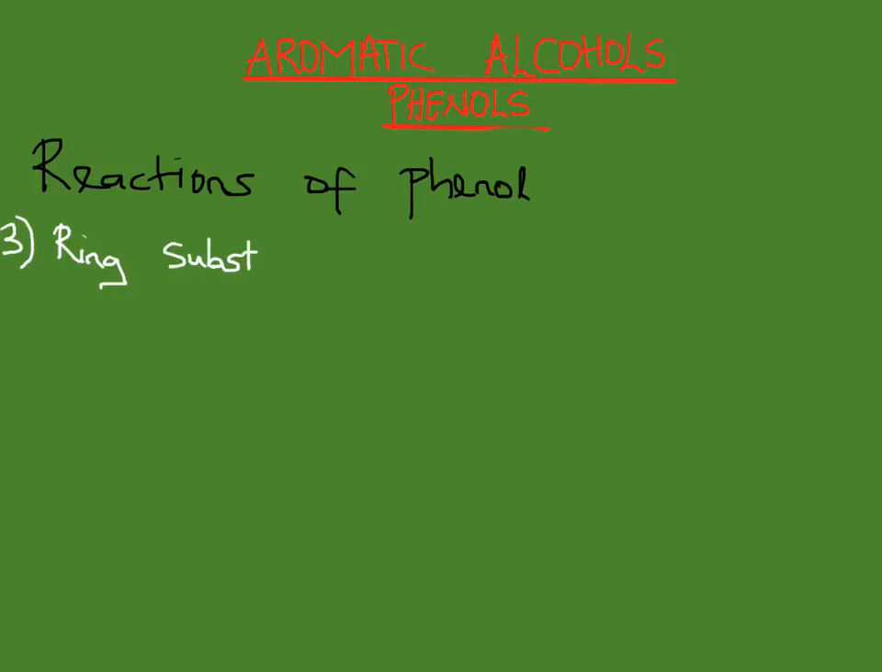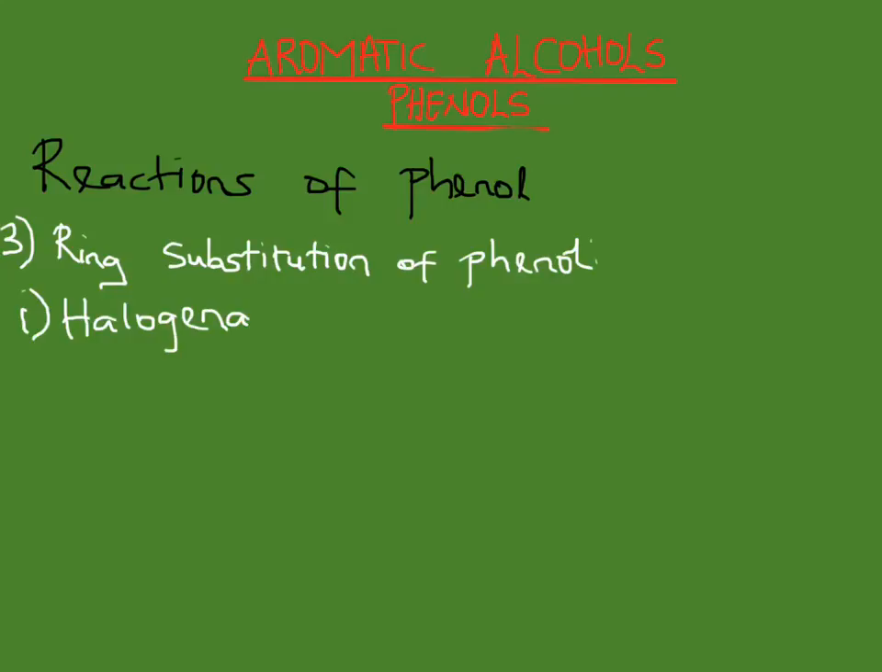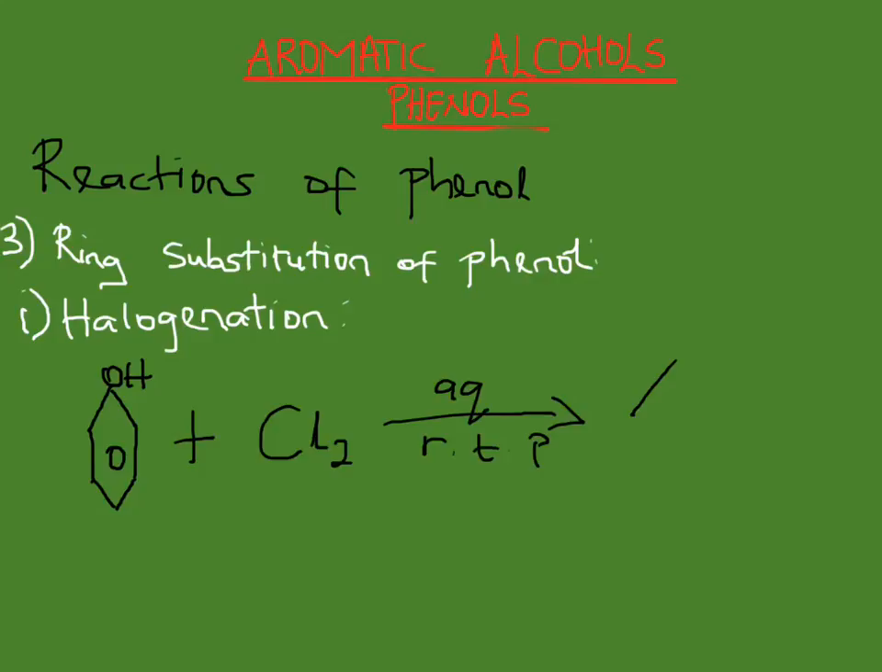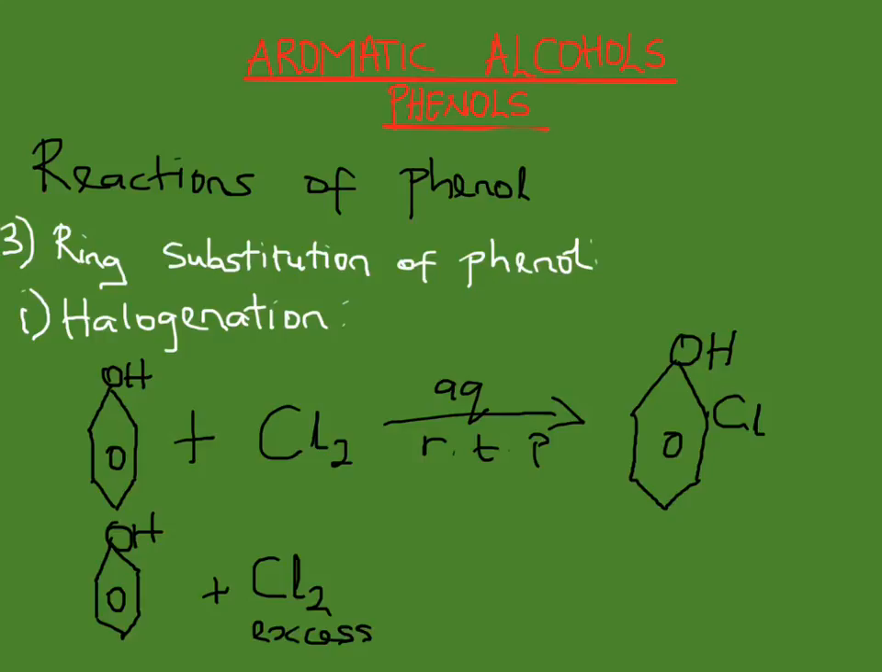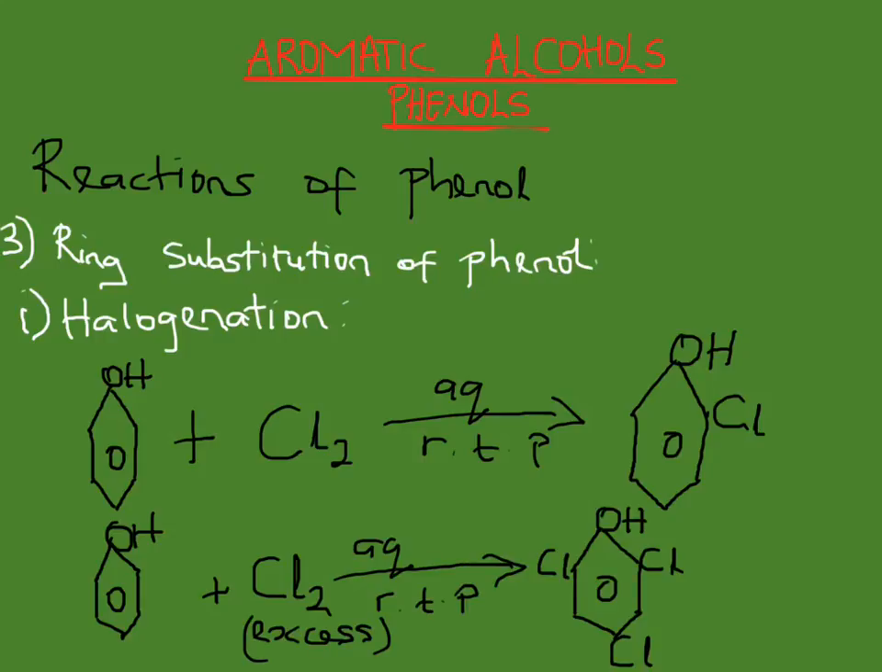The next we'll be looking at is ring substitution of phenol. Phenol undergoes electrophilic substitution reactions, and the first we'll be looking at is halogenation, where phenol reacts with aqueous chlorine or bromine at room temperature to yield a halogenated phenol. No catalyst is needed. As in the reaction, you see chlorine reacting with phenol, that's aqueous chlorine, at room temperature